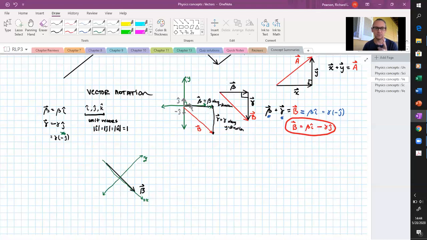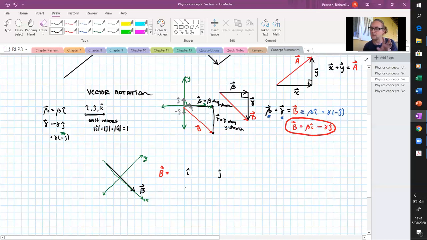So if I want to now make up my vector b in terms of two vectors to give me a resulting vector, right? So if I have my resulting vector b, and it's going to be made up of two vectors, the two vectors that I want are one in the I hat, or the x direction, and one in the j hat. Okay, so with this configuration,